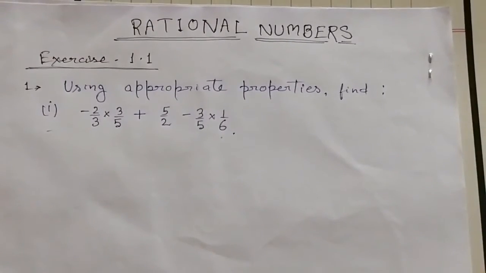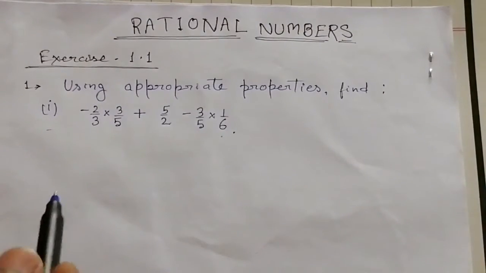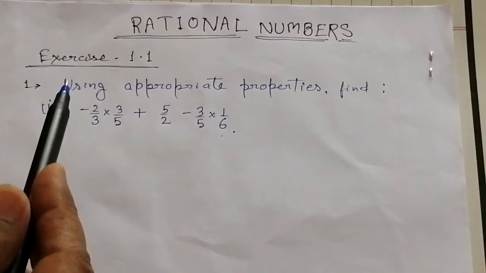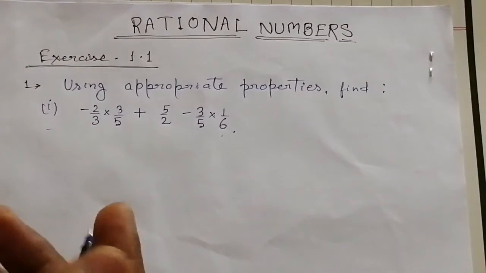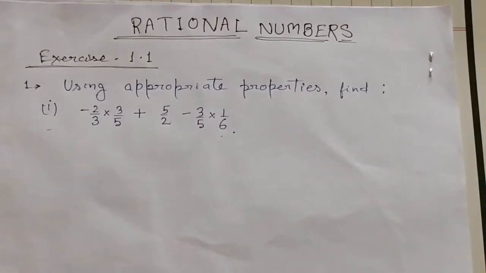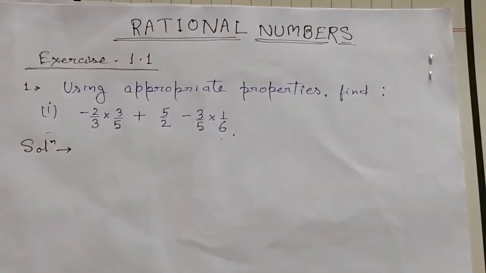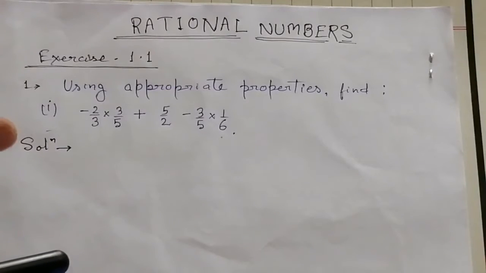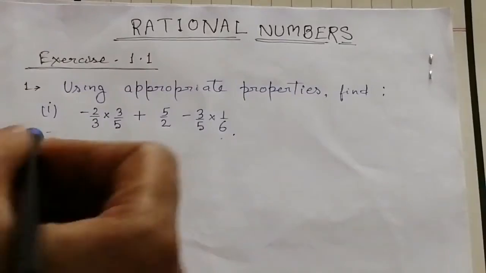Now here we have to use properties, means we already learned that we have closure, associative, commutative, distributive, all these properties, and we have to use whatever property is applicable here. Okay, so its solution will be, I am only giving first part, second part you have to do it for yourself. Okay, so